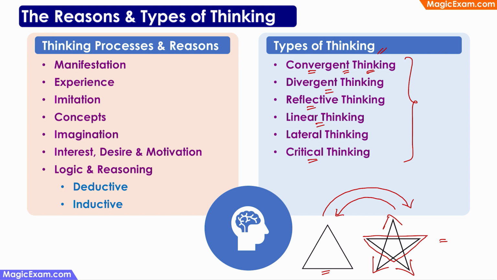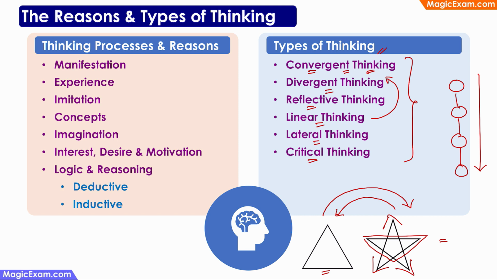Next, linear thinking. So linear thinking means thinking in a line. Linear thinking is very similar to convergent thinking. In linear thinking, what happens is you follow a specific set of steps or a specific path and try to arrive at a solution. For example, if you have taught children a formula to calculate the area of a triangle and then you give them some triangles to solve, they will use the same steps and the same formula and the same method and arrive at a solution. So they are thinking in a linear manner.